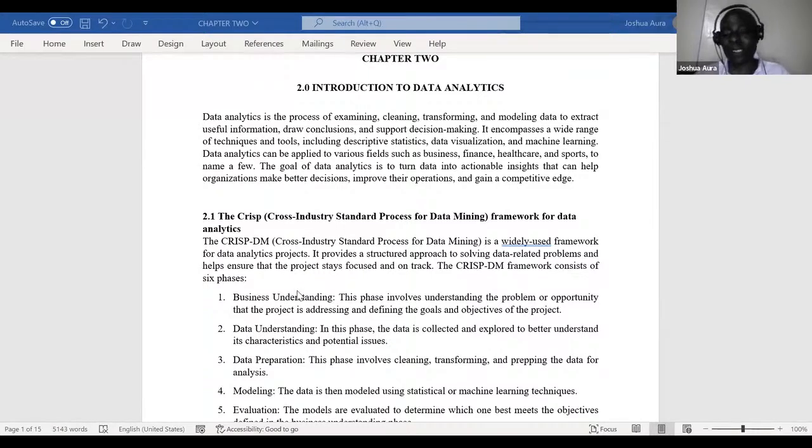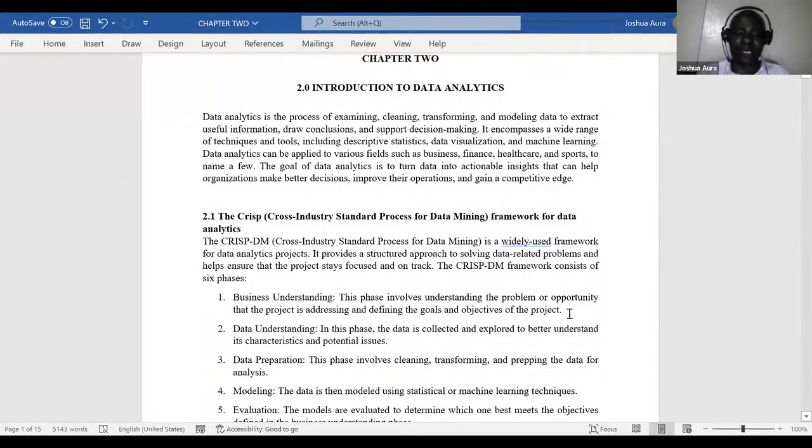The 6 phases, and I'm going to summarize them here very fast. Number 1, we have business understanding. This phase involves understanding the problem or opportunity that the project is addressing and defining the goals and objectives of the project. Ladies and gentlemen, whenever you want to start mining data,